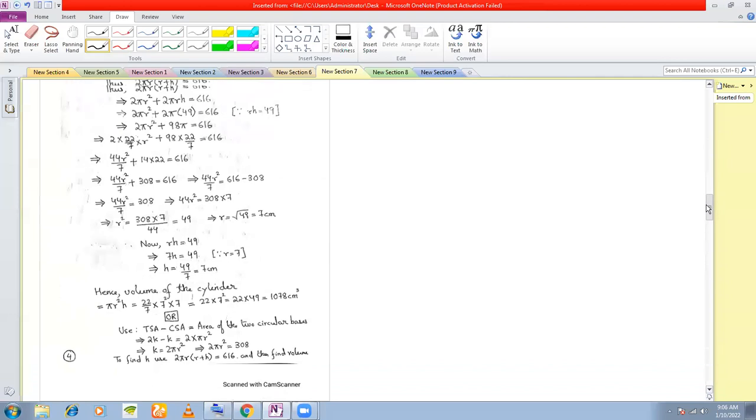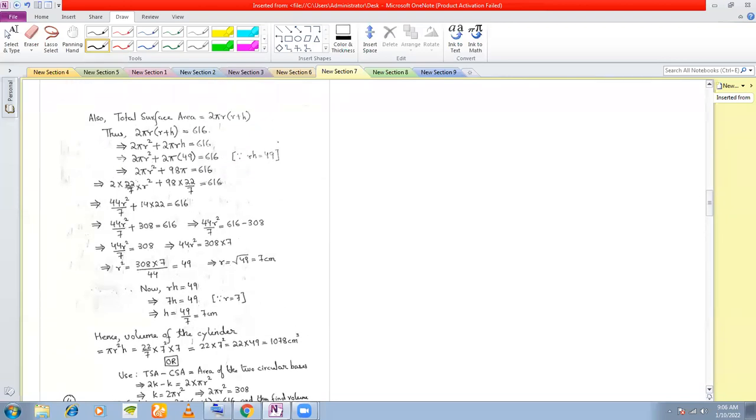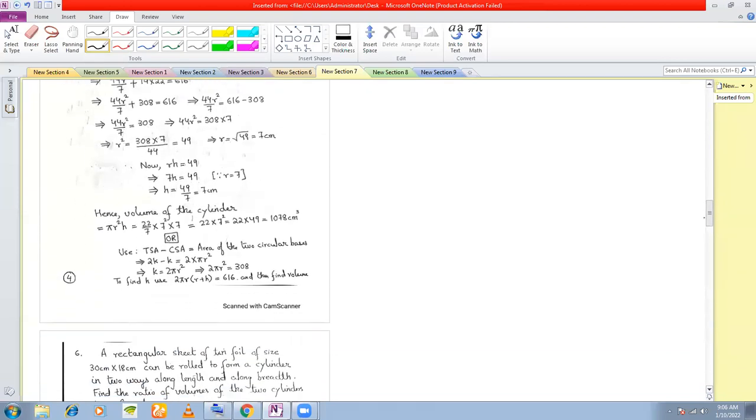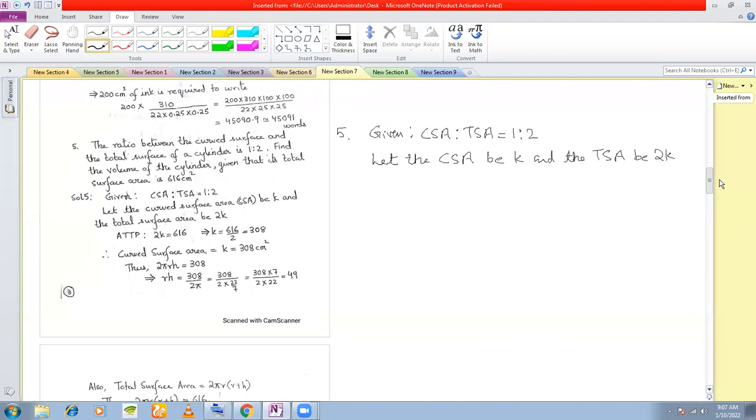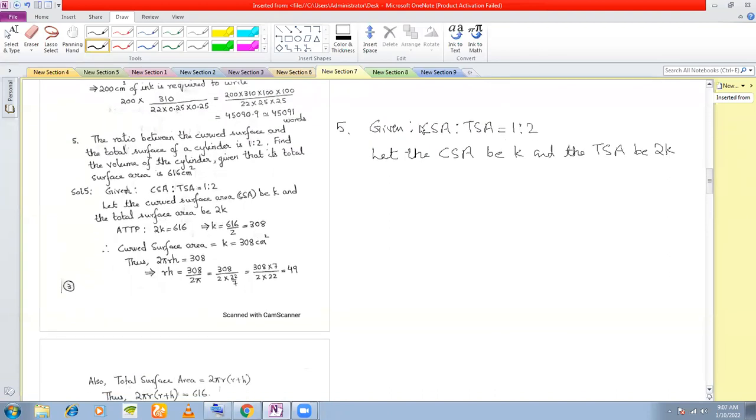Okay. So now let's see, I have given you two methods actually here. So if you see, from the first method, you can do it this way, definitely. And the second method I have just given you in brief. So what I'll do is I'll discuss the second method only. Okay. So if you know the distinction between the curved surface area and the total surface area, what you must see here is